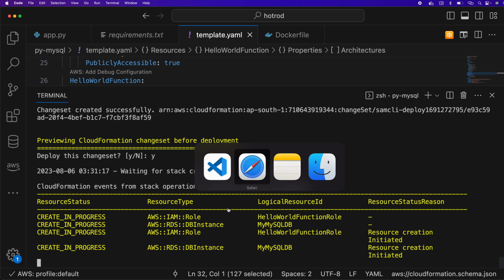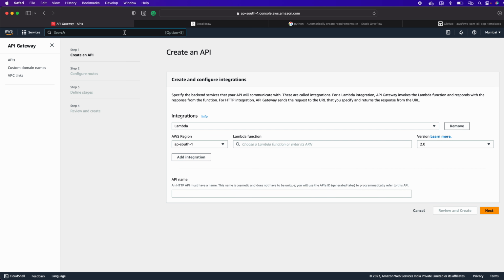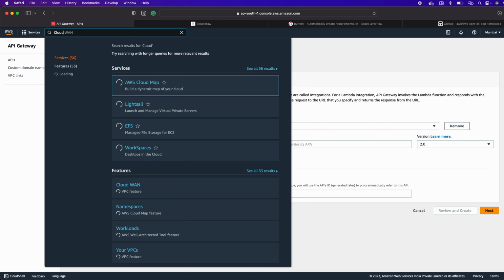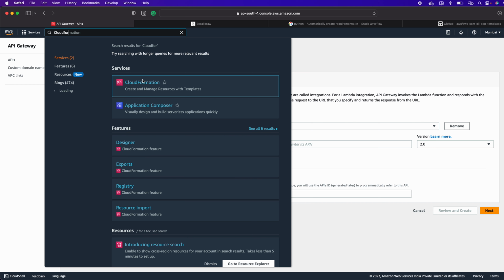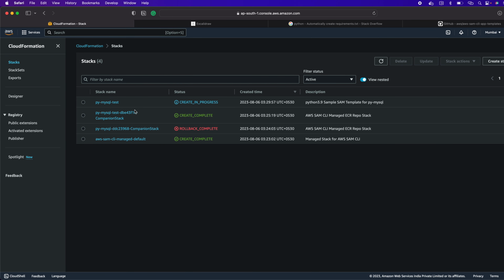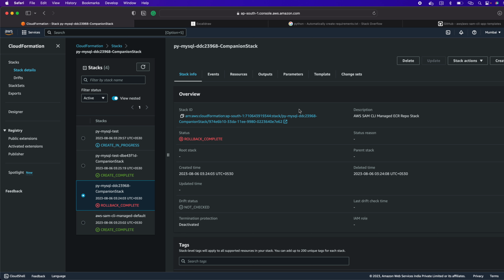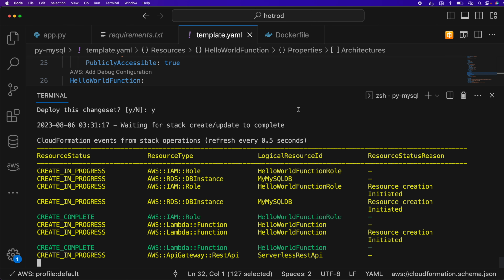If we go there on the AWS console, we search for CloudFormation again. So here, if you choose, everything is getting created. Okay, here we go. Something went wrong here, see? So you can check here what went wrong. So here as well you can check,